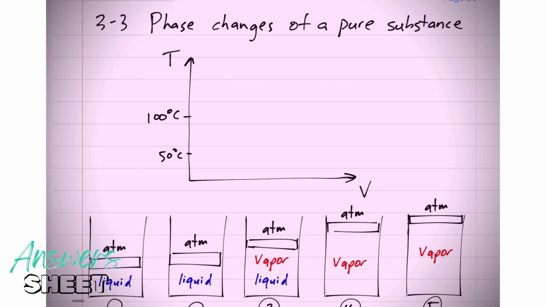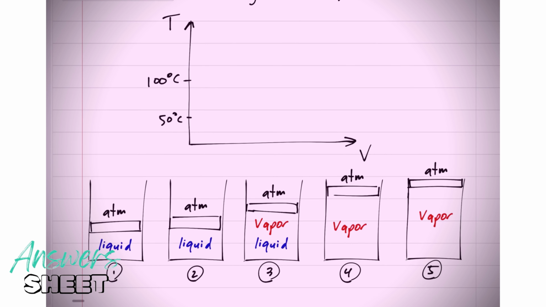All right, so let's think about what this would look like on a temperature versus volume plot. Think about boiling water that is enclosed in a vessel. Maybe this vessel has a top that can go up and down, so the volume can change, but nothing is escaping. There's no vapor escaping this tank, as we are boiling it, as we are heating it.